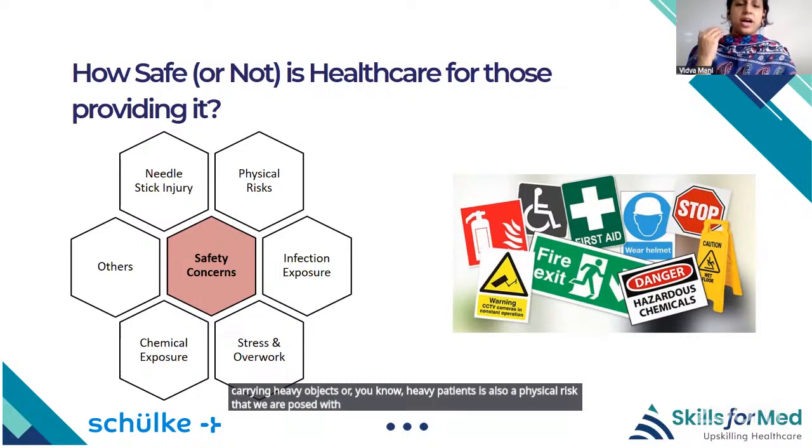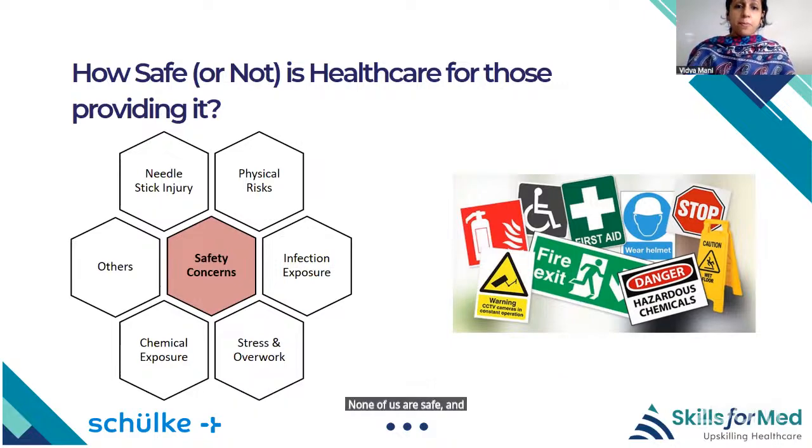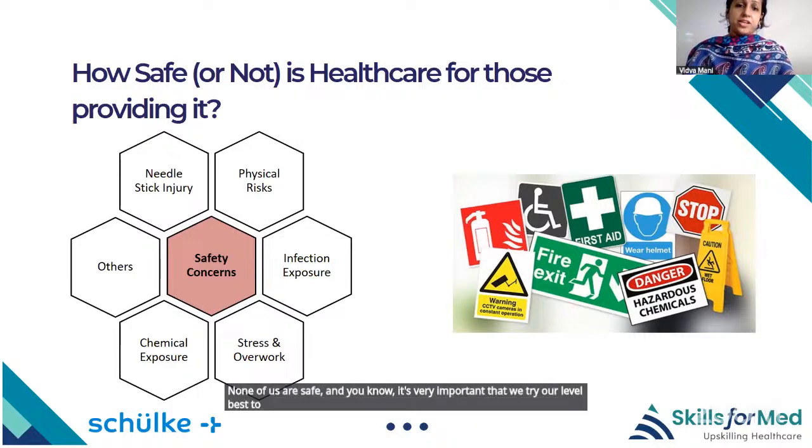And sometimes alarm fatigue when you are posted in high risk areas is also one of the physical hazards that you are prone to. Infection exposure, of course. In fact, during the COVID pandemic, we all realized that none of us are safe. And it's very important that we try our level best to minimize infection exposure, and practice specific measures within our hospital to ensure that infection spread